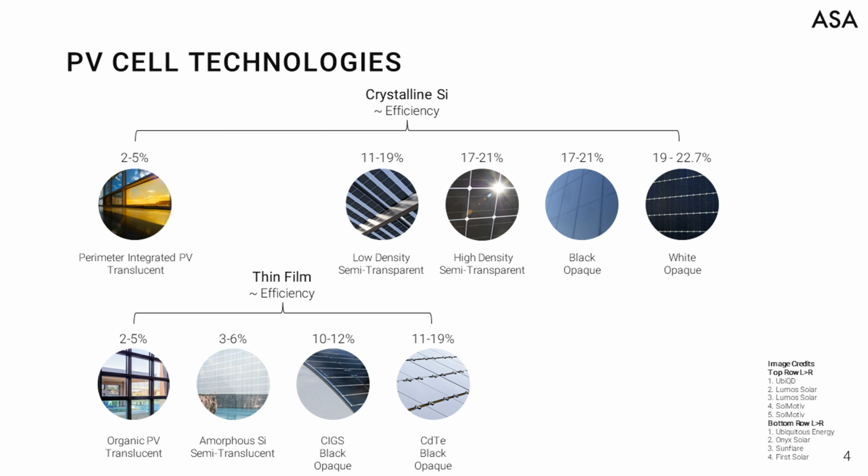Crystalline silicon solar modules range in efficiency from only a few percent to approaching 23% today. The range is largely based on individual cell efficiency and the density in which they are spaced. On the left side of the efficiency spectrum, there are perimeter integrated PV technologies that place high efficiency solar cells orthogonal to the glass edge, collecting light via a directional film. If those same cells are placed at a low density in their typical form factors, efficiencies in the 11 to 19% range are common. High density crystalline solar technologies, with cell spacing at its absolute minimum, will range in efficiency